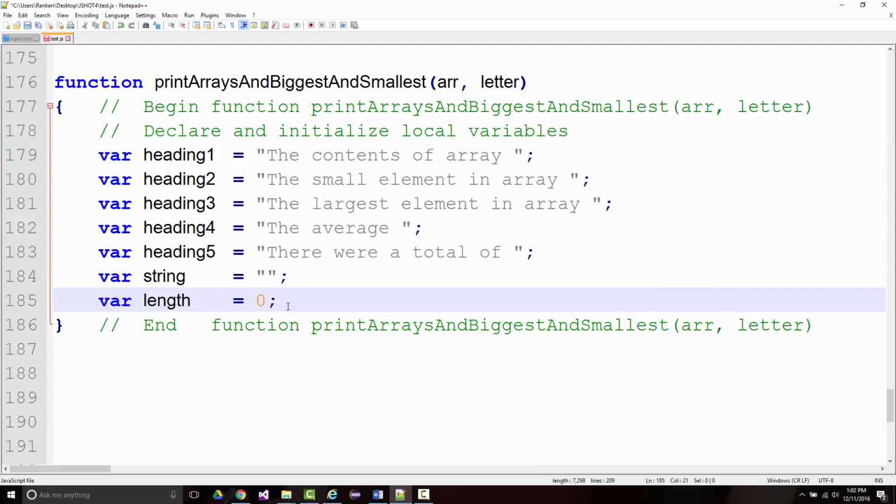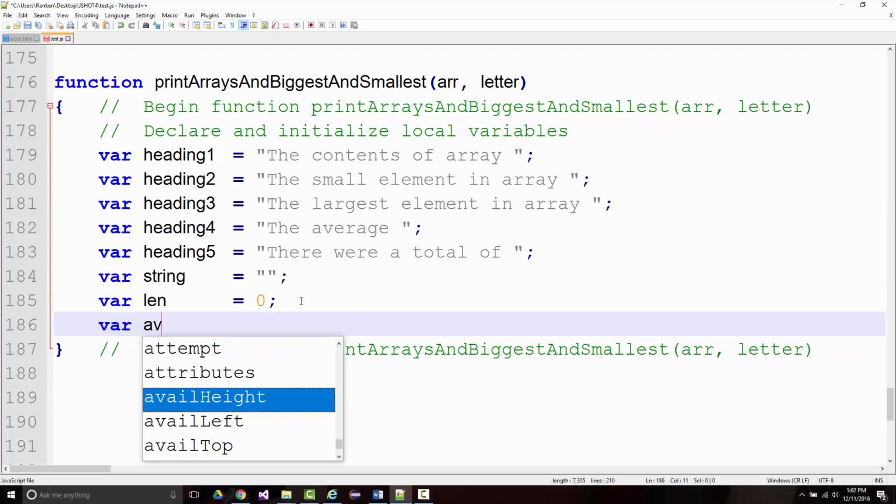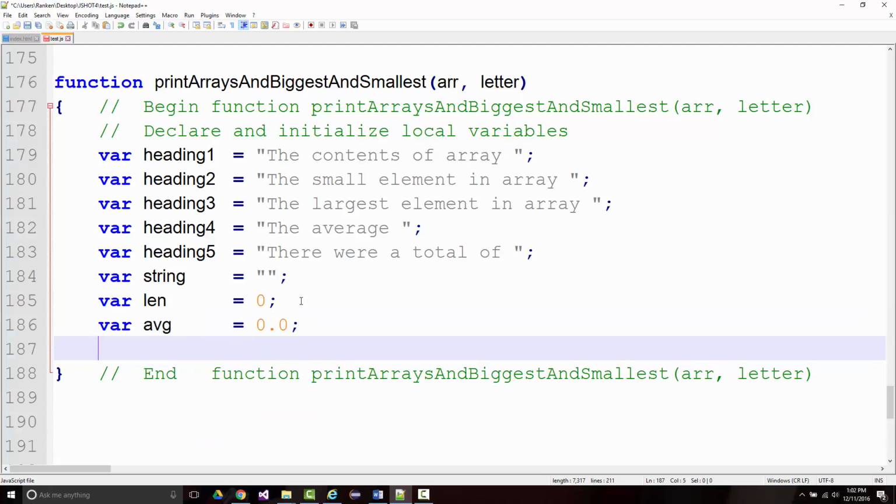Looks better. And I don't want length there, I just wanted that to be len. Length is a keyword, so I don't want to use that. Var avg, which I'm setting equal to 0.0. Var sum, which will be the sum of all of the array elements,